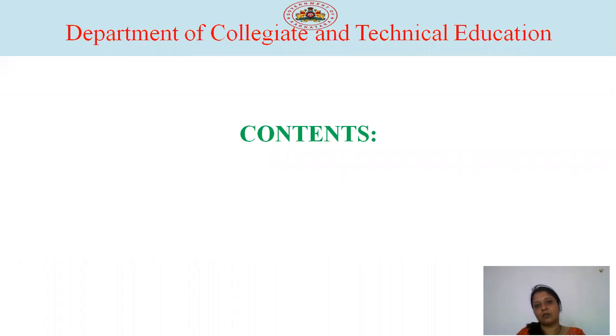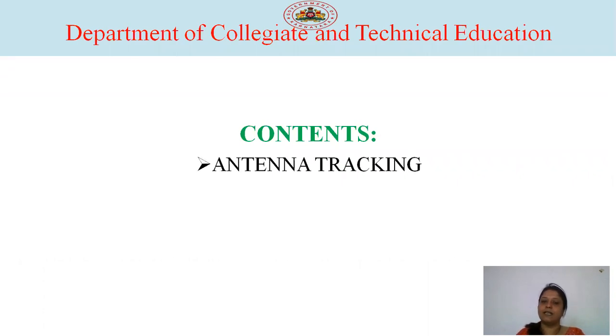The contents which we are going to cover in this particular session are the antenna tracking. In the last session, we have studied about the antenna scanning. Now this is the antenna tracking. What do you mean by the antenna tracking? The antenna scanning and the antenna tracking both are related to each other. Scanning means to search in a particular region for the target, whether any target is present or not there. For example,